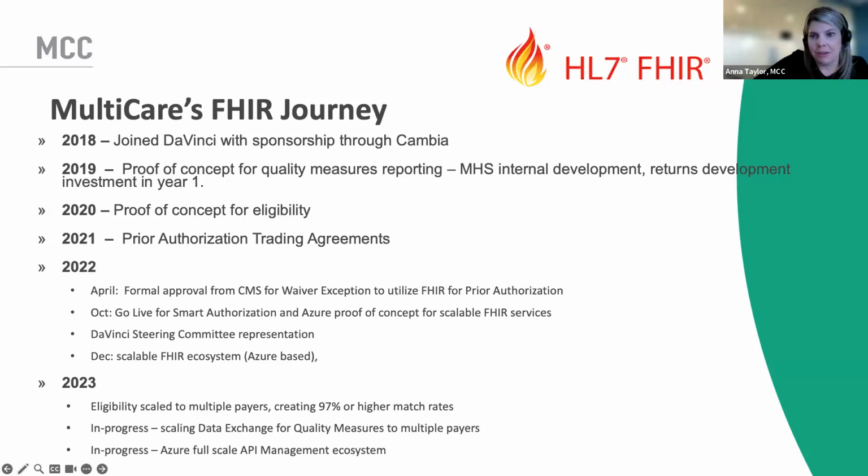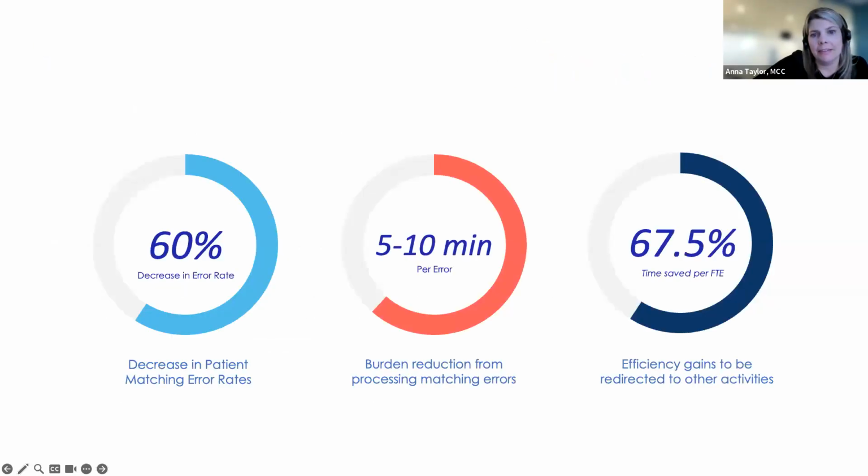Now I'd love to share with you what we've gotten out of this journey. Next slide, please. So this is med reconciliation. This is the digital quality measure that we put into place, that first proof of concept. Oh no, it's not, sorry. The titles must be in white or something. This is actually eligibility because this is matching rate. So this slide is the matching rate for which we reduce the error. Every time you saw a line on that spaghetti diagram that we showed in the beginning is a place that we have to do patient matching.